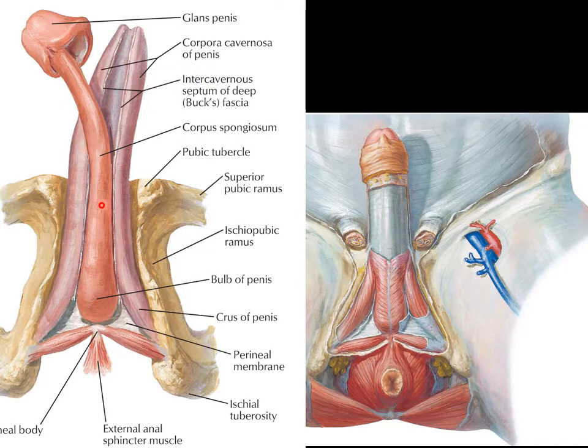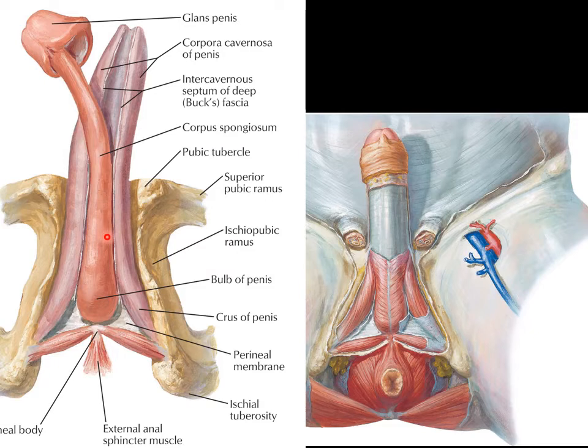And the right and left corpora cavernosa, meaning the right and left ischiocavernosus muscles, attach with each other. And under the surface of the corpora cavernosa and the ischiocavernosus, we can identify the bulbospongiosus, which arises from the perineal membrane and also from the perineal body, and this bulbospongiosus extends anteriorly as